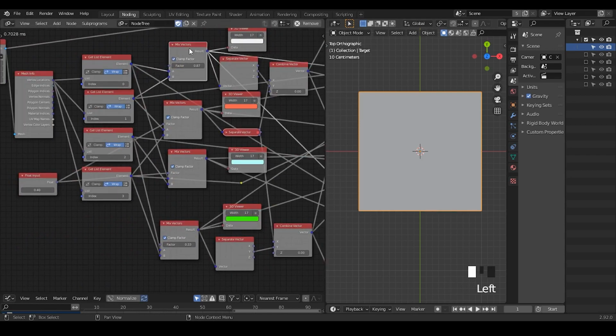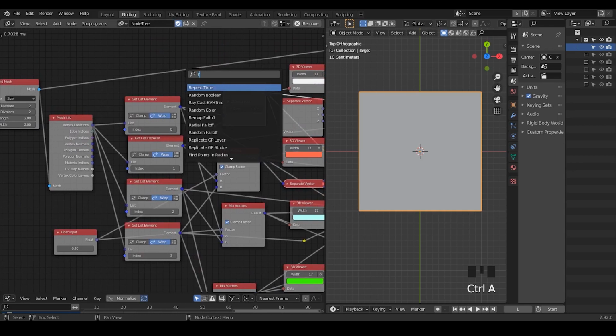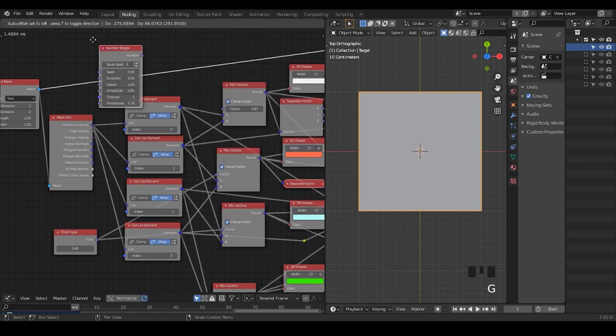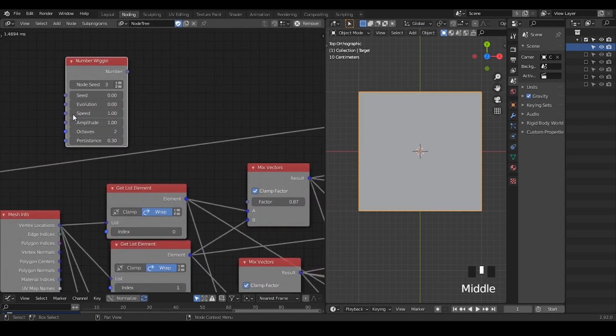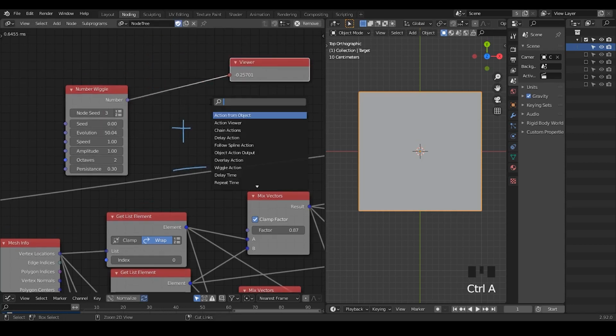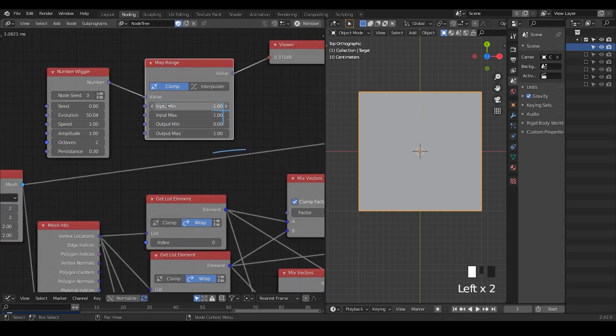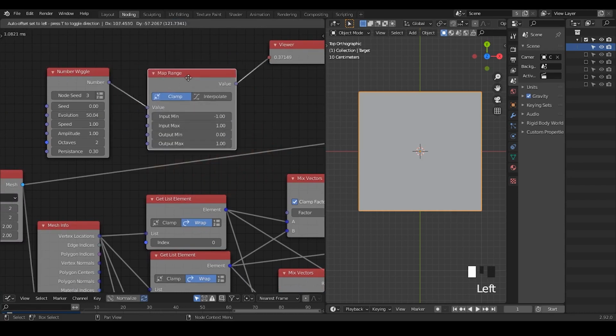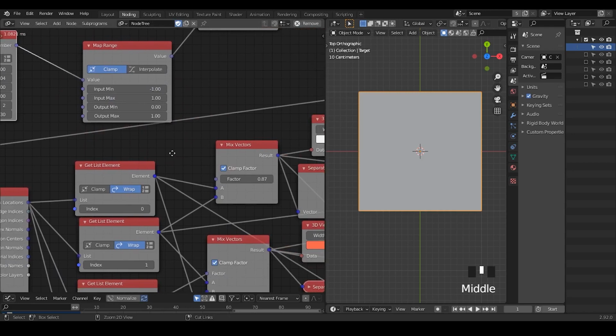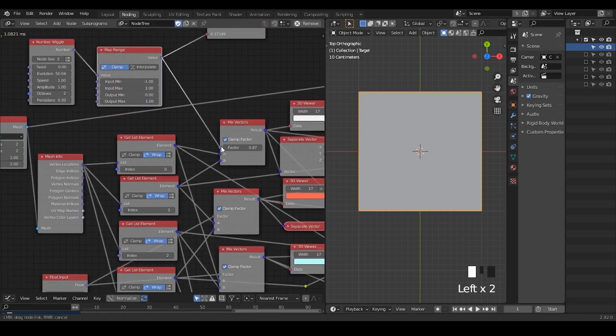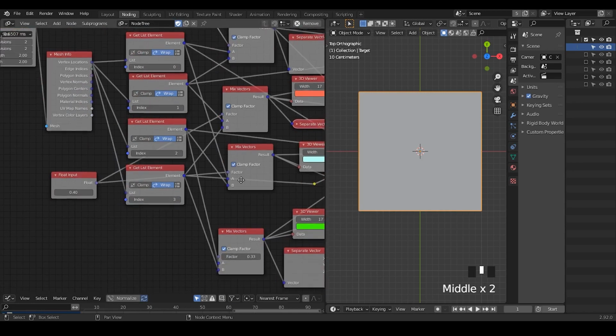We can add a noise at this moment. For example, you can use the number wiggle. Number wiggle is actually a very nice one. Amplitude will be 1. I'm not sure what amplitude 1 is, so let me try to change the evolution. Yes, amplitude 1 means we have the positive 1 and the negative 1. So we need to take a map range so that we clamp everything from negative 1 to positive 1. So this is what happens with number wiggle, and we can wiggle within this factor, and we also have another